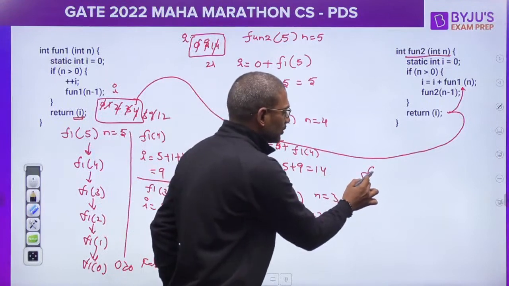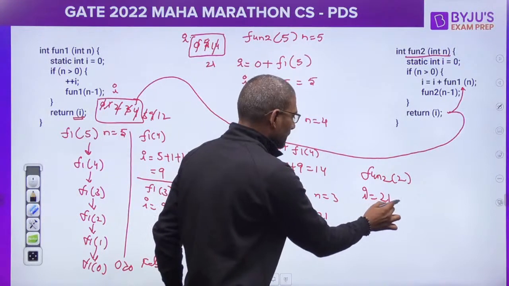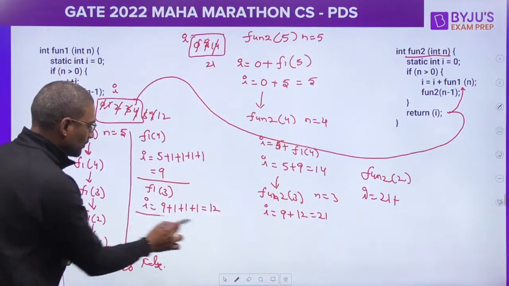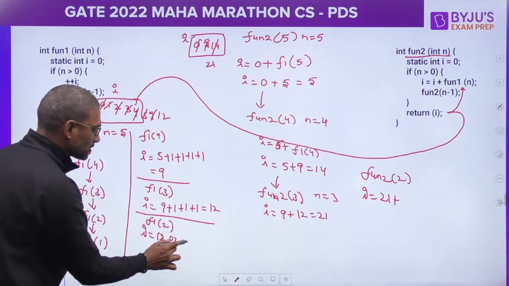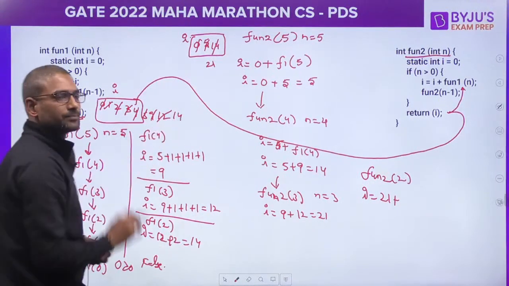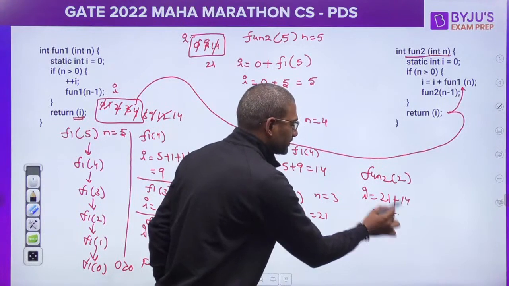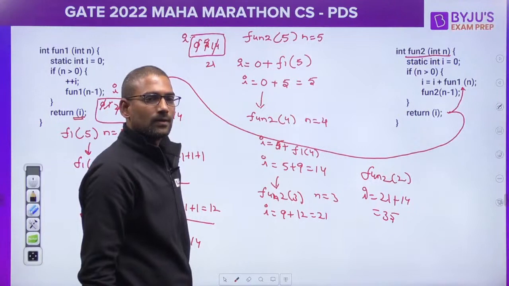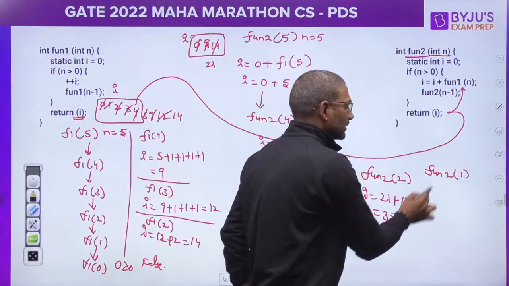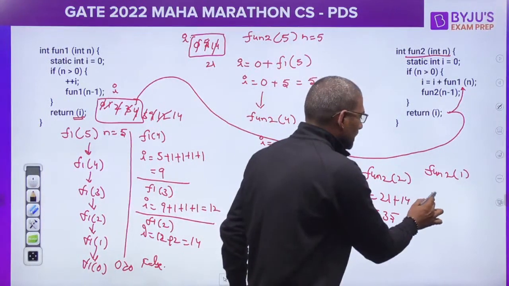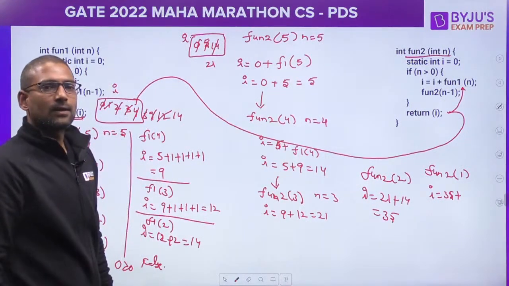Then what would be fun2 of 2? This would be 21 plus, again fun1 of 2. What would be fun1 of 2? I gets incremented by 2 times. 12 plus 2, that is 14. So this is 21 plus 14, 35. Right? And now fun2 of 1. What would be fun2 of 1? I would be 35 plus